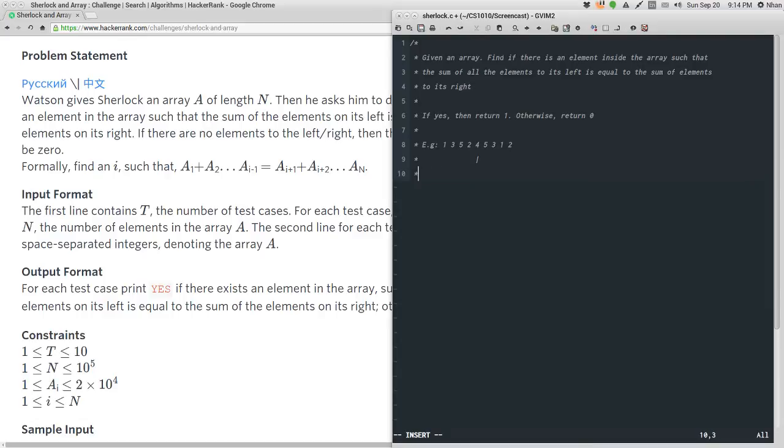So now I'm going to write out the things that I need to do. The major thing I need to do is find an element such that the sum of all the elements before it is equal to the sum of all the elements after it. So to do that, what my pseudocode,